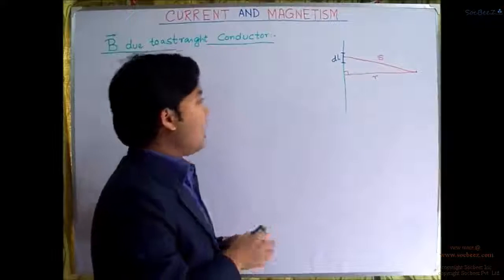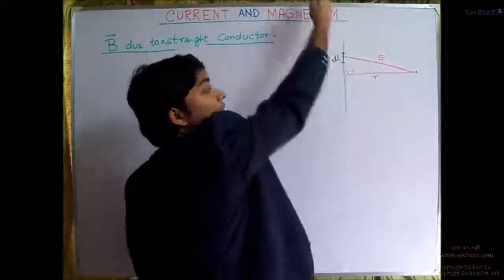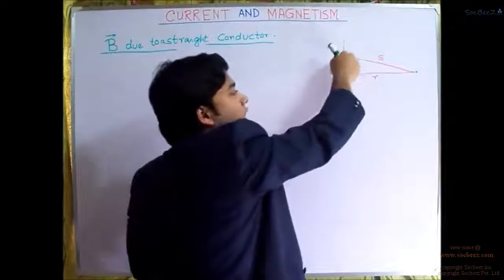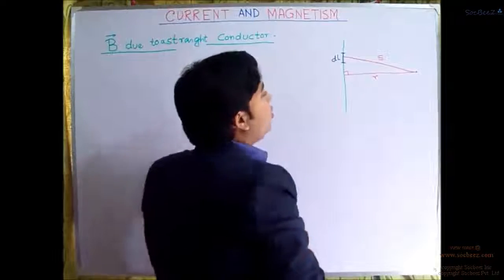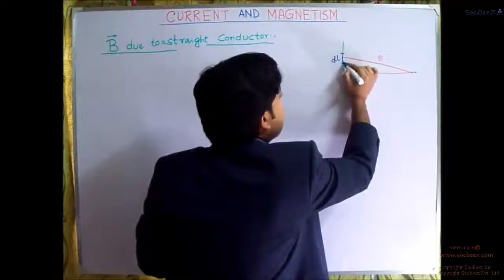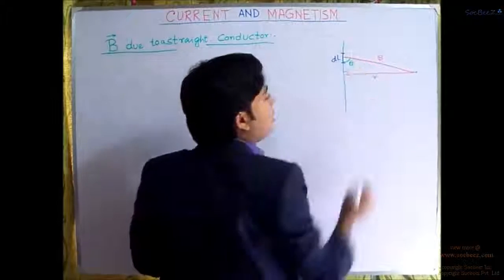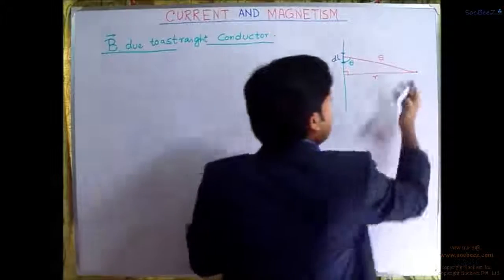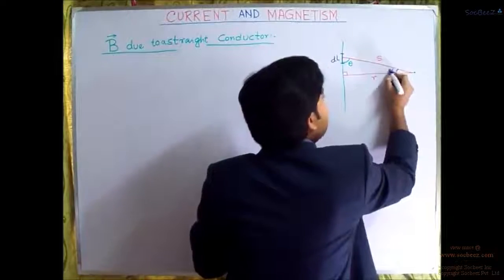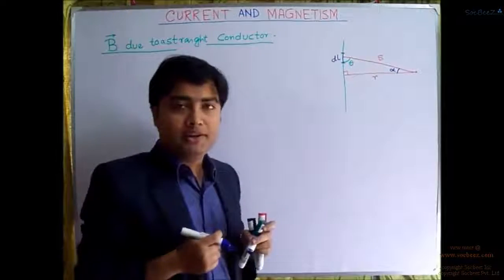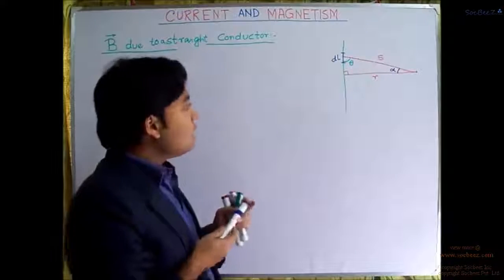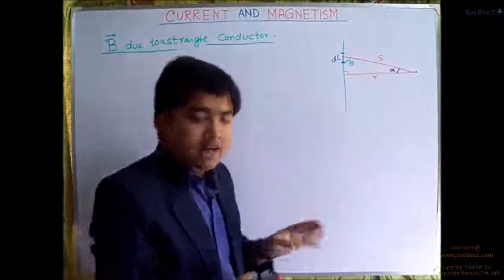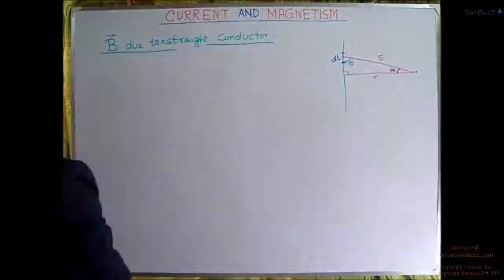And as we know, this is dl on this side, and this is S, the distance of separation from this point to this point. So the angle will be this one. Let this one be equal to theta, and this angle, let us say it is alpha, right? So this small B at this point, produced only by this dl, we can write quantitatively as